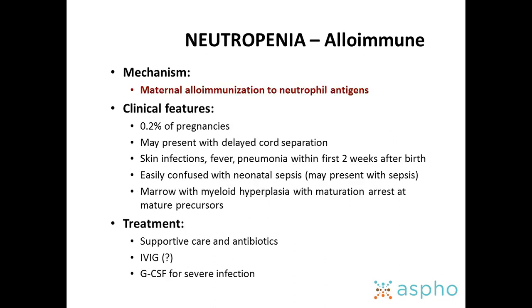All right, has anyone here ever had a consult to the NICU about a baby who has a low ANC? Okay, I don't think I need to spend a lot of time on this slide, but basically it's 0.2% of all pregnancies. This can be a trick question with delayed cord separation. It's not always leukocyte adhesion deficiency. And then just thinking about infections: if someone has an infection, is that what's causing the low ANC, or do you have a low ANC and that's causing infection?